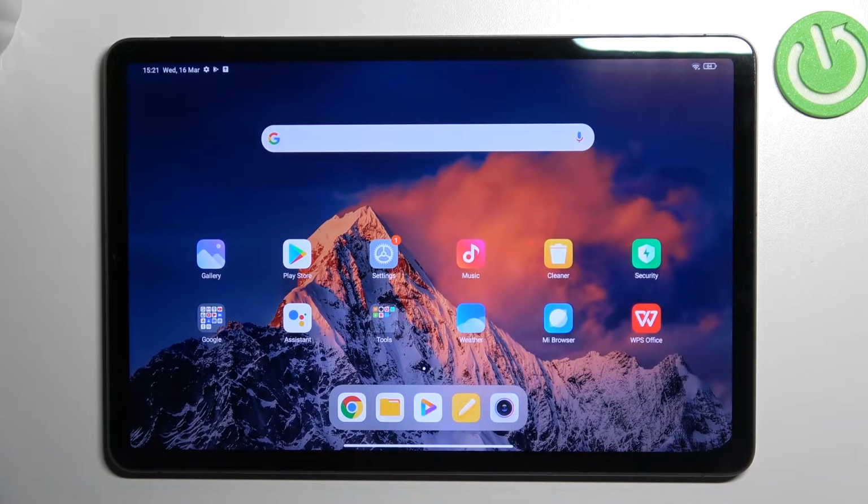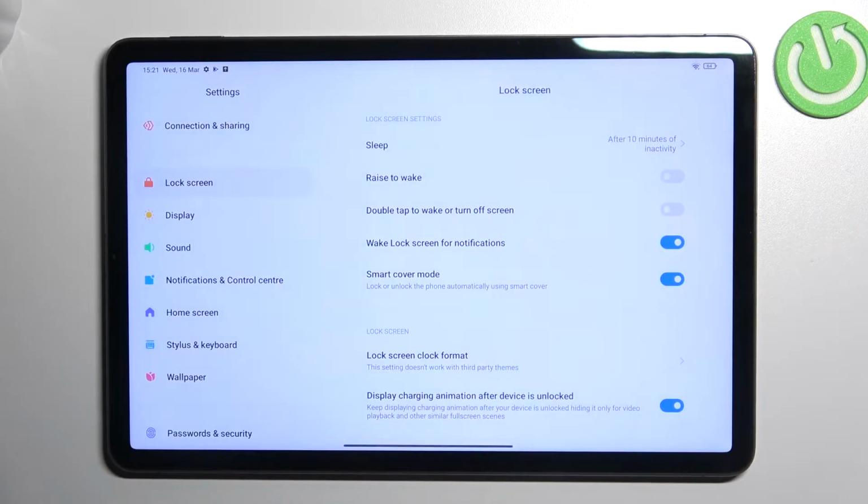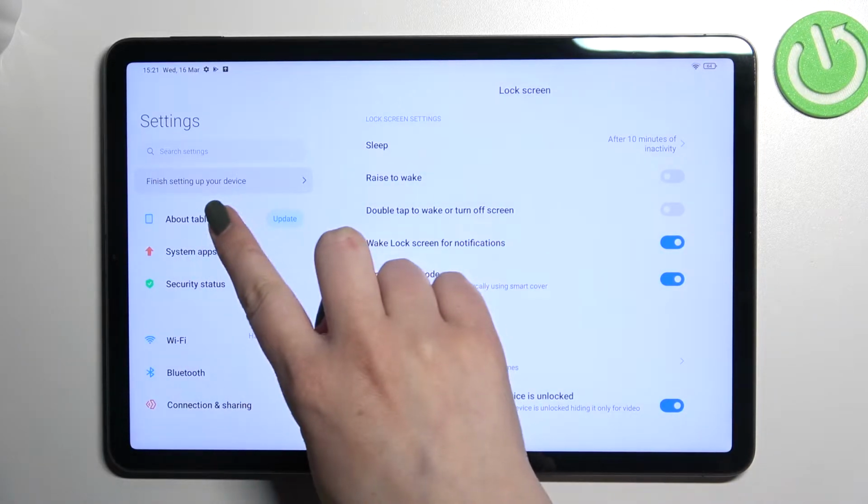Hi everyone, in front of me I've got XIAOMI Pad 5 and let me share with you how to enable developer options on this device. So first of all, let's enter the settings, and here in this left section we have to tap on About